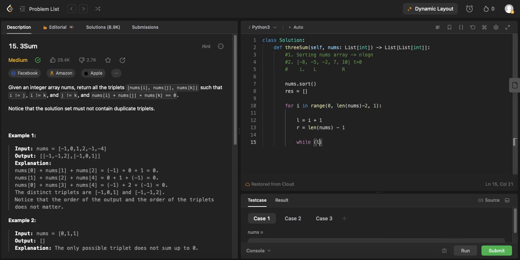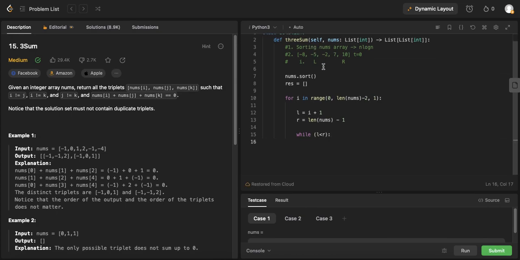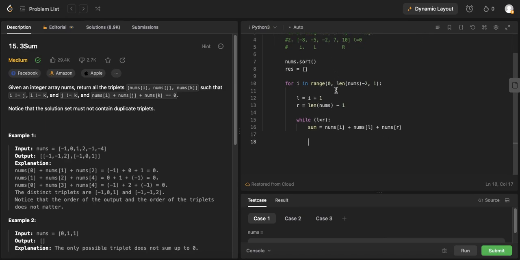And we're going to have an internal for loop, as we said, and we're going to continue this loop until the left and right pointer cross. And we're going to calculate our sum. So our sum is going to be equal to nums of I, nums of L, plus nums of R. And then we're going to check the different conditions of whether our sum is smaller, equal, or greater than 0. So if sum is smaller than 0, what we want to do is increment our left pointer to achieve a larger sum. Else if our sum is greater than 0, we want to decrement our right pointer to